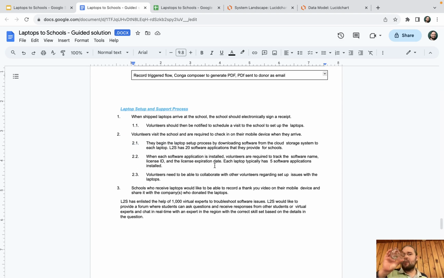support processes. When shipped laptops arrive at the school should electronically sign a receipt. So laptops arrive at school should electronically sign a receipt. So when school electronically signs a receipt, that means that we can use an